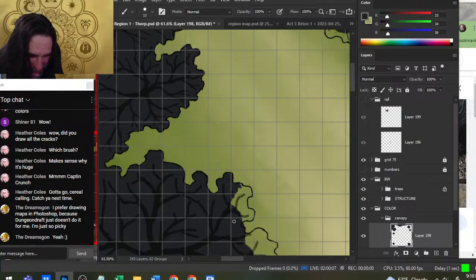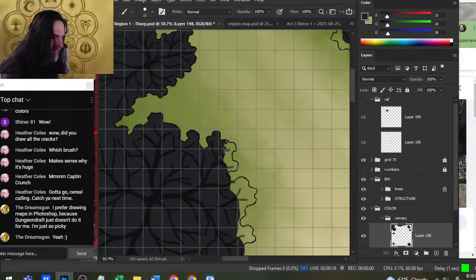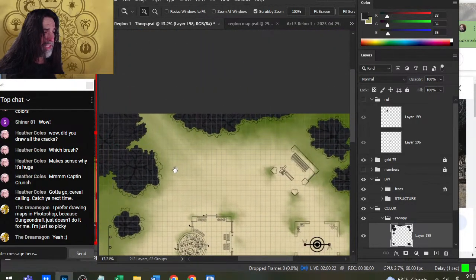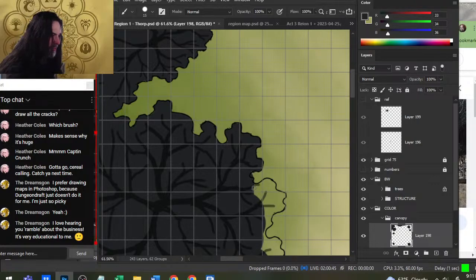Thanks. So you prefer drawing maps in Photoshop because Dungeon Draft doesn't do it for me. I'm just so picky. You know what? There's pickiness and then there's uniqueness. I can argue that my style of cartography is pretty unique. Having your own signature look, you can have that level of control and customization inside of Photoshop, down to the pixel, as opposed to using generative colored forestation. I'm going to paint a swath and there'll be a forest throughout that region. It's that level of control that lets you add these fun little details that make